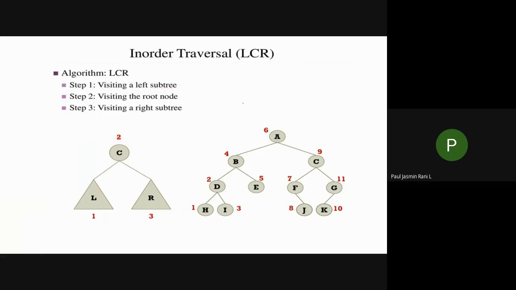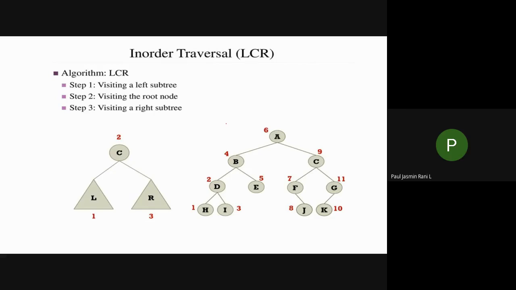Let us consider this tree data structure, and this is a binary tree. This is not a general tree. If you see this, all the nodes contain either one child or 2 children, not more than that, isn't it? If this is so, then this is a binary tree. Now I have to perform an in-order traversal. Let us see how we can perform an in-order traversal.